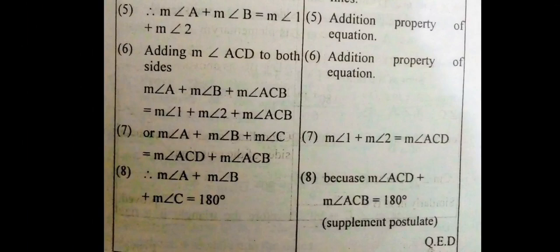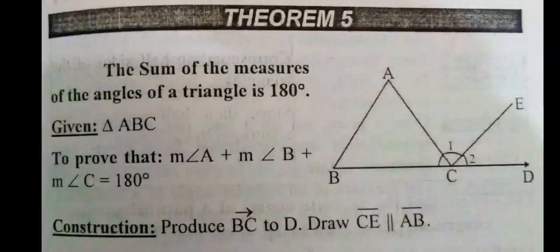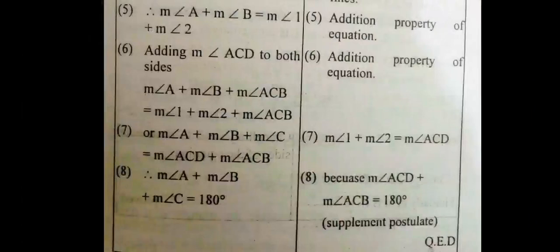The reason they are giving is the addition property of equation, the same reason as statement 5. Now what we get in statement 5 further, by adding, we got measure of angle A plus measure of angle B plus measure of angle ACB. Okay, there is a misprinting in between that. We have to add ACD in both. Okay, so now